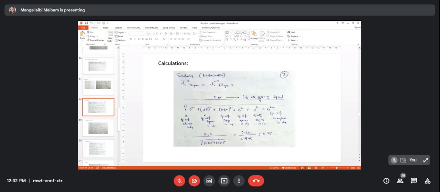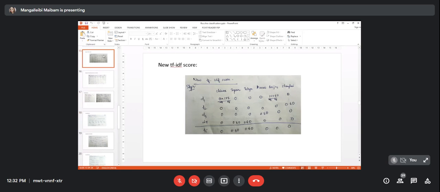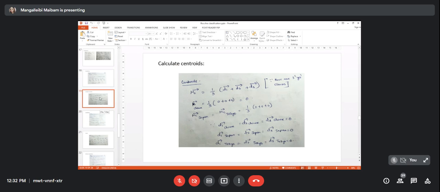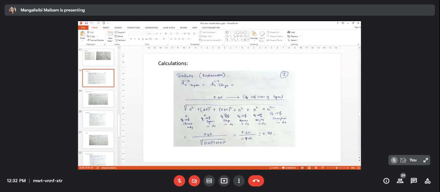So we have the TF IDF score in the numerator, and in the denominator, the length normalization is calculated. Suppose for Tokyo and Japan in D4, you can see your TF IDF score table here. For D4, these TF IDF score values for Japan we are going to take and calculate here. So for Chinese, TF-IDF